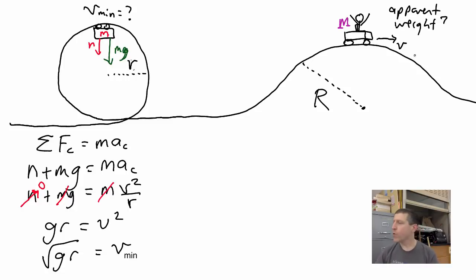So for this problem, we're given the speed v. In other words, we know that. We've got v. They're giving us that. They're asking what the apparent weight is of this person going over the top of this hill. Now,